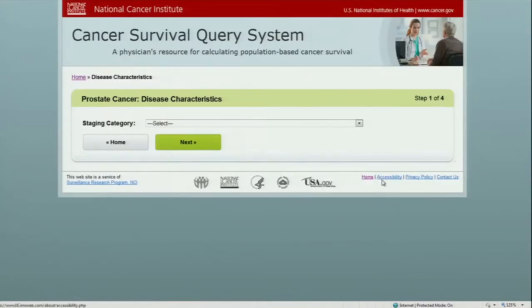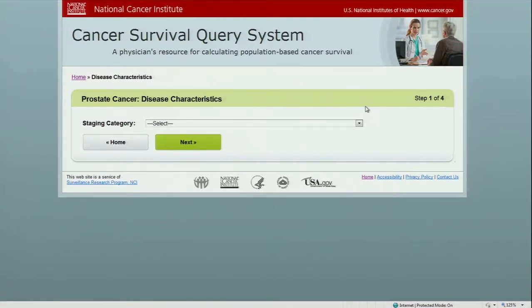Okay, so this is the disease characteristic. CSQS uses data from the SEER program, which is the National Cancer Institute's population-based registry program. And it also uses Medicare claims data, which is where we get our other causes, pre-existing conditions that a patient may have. Now, this represents about 20% of the US population. So this includes patients who may not be in clinical trials, such as the elderly and patients with many health conditions.